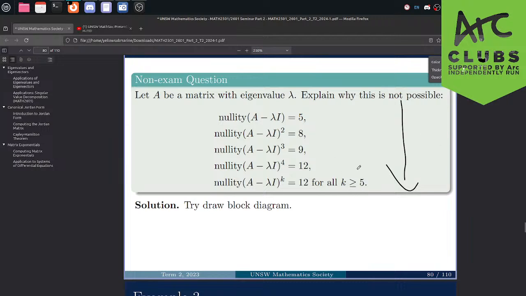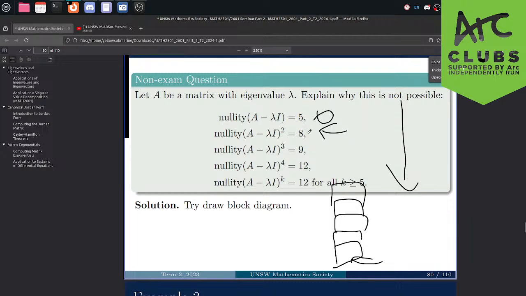You can use the rule from before about the non-increasing differences. That will directly solve it, or you can use your block diagram. The way you draw your block diagram is done in different ways. I'll do it by going vertically and then going left. For your first block, you draw the first set of nullities. So you draw 5 blocks: you stack 1, 2, 3, 4, 5 blocks on top of each other. This is the dimension of your normal eigenspace. And then you have 8.